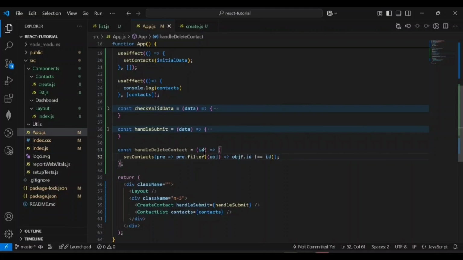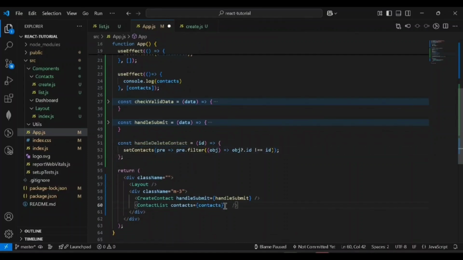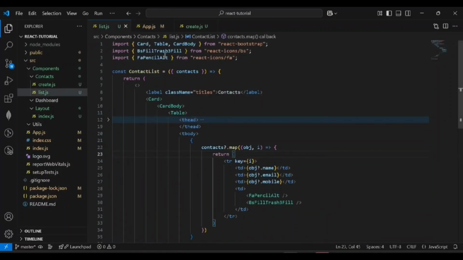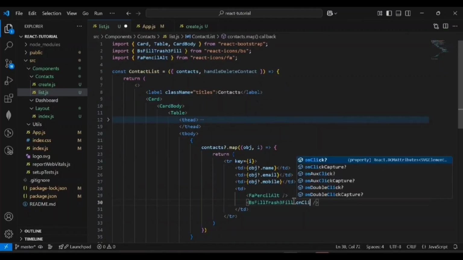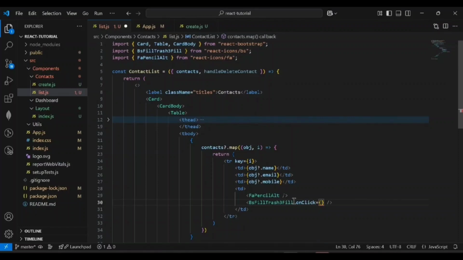Now we can add this handle delete contact in the delete icon. We can pass this delete function into the contact list as a props. Now we can go back to the list.js and also can get the function. We can add the on-click event into the trash icon, and we can add the function which we get from the props,